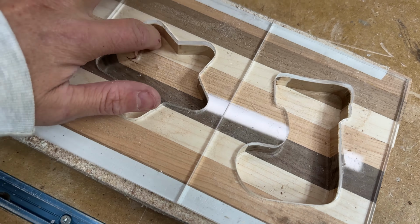For the third project, we are yet again using one of our router templates. And this time I'm going to be using my Christmas tree. And I just have a random scrap piece of wood right here. And we're gonna make a candle holder out of this. And what I've decided to do is